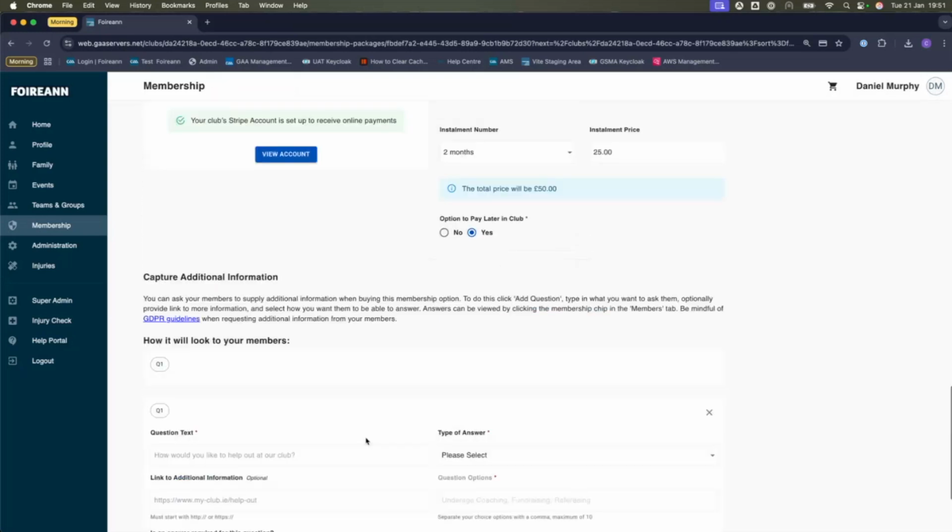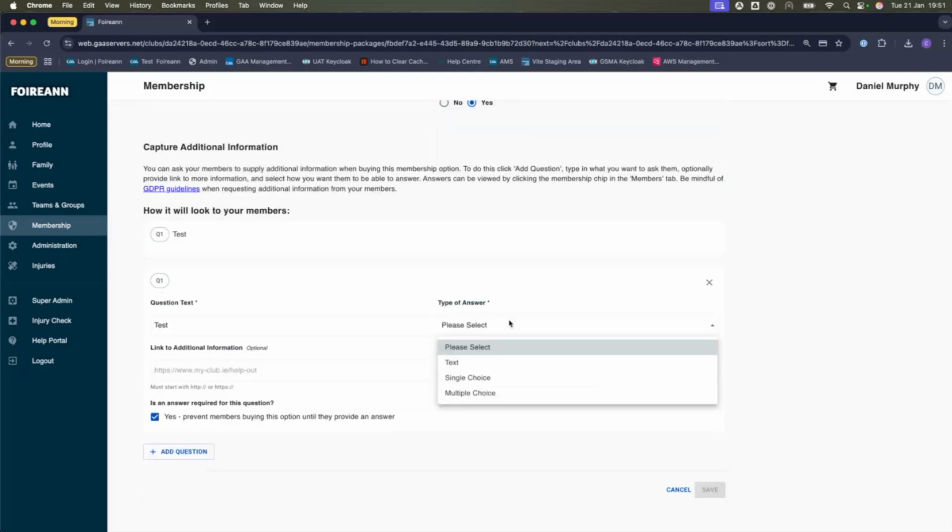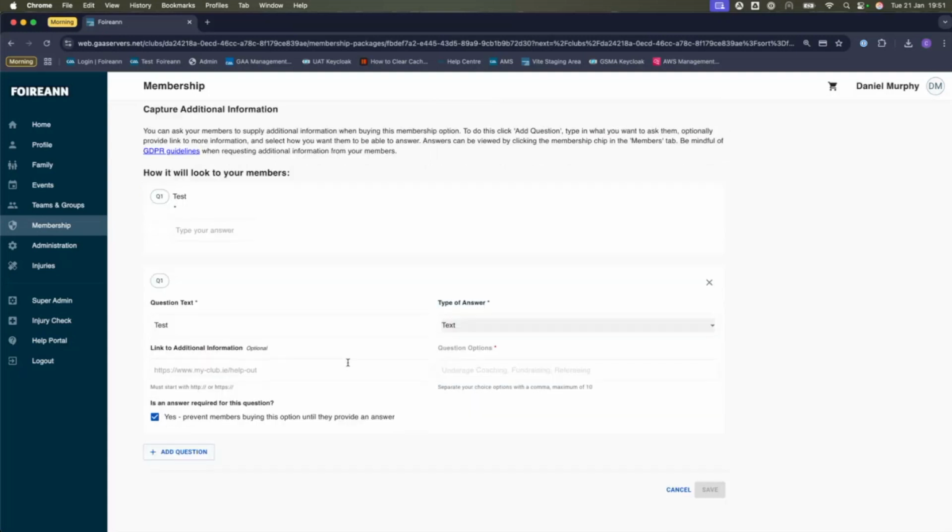I've none set up, but to try to do it, you should be able to edit it just like you can edit the rest of the membership option. You just click save here, and then